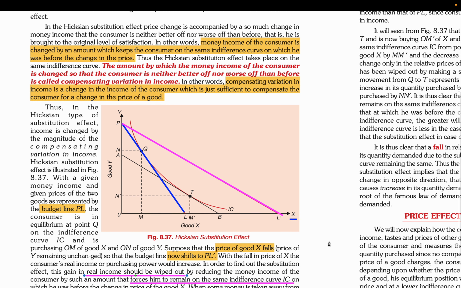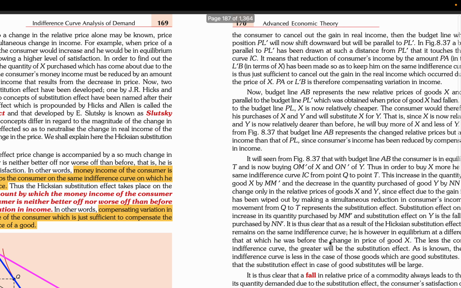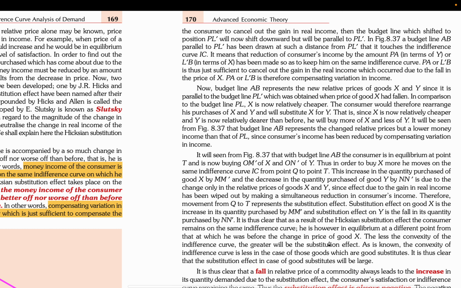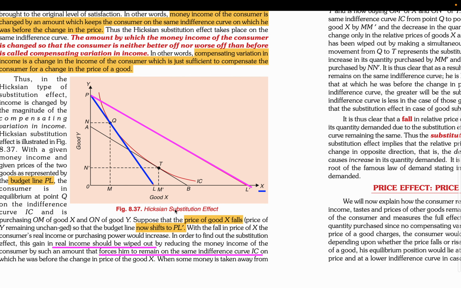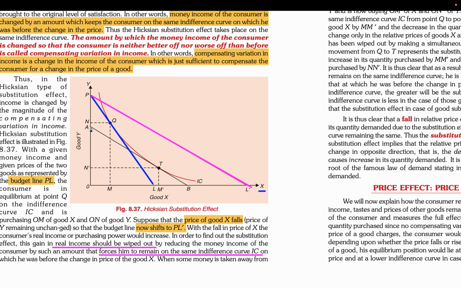When some money is taken away from the consumer to cancel out the gain in real income, then the budget line which shifted to position PL dash will now shift downward but be parallel to PL dash. In figure 8.37, a budget line AB parallel to PL dash has been drawn at such a distance from PL dash that it touches the indifference curve IC, because we still want him to have the same level of satisfaction that he did before. We want the new budget line to be parallel to PL dash because